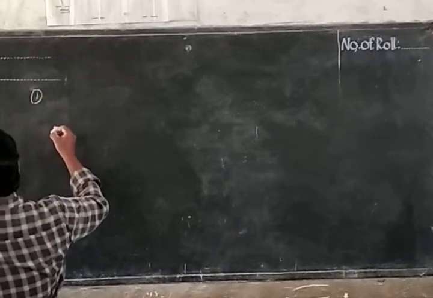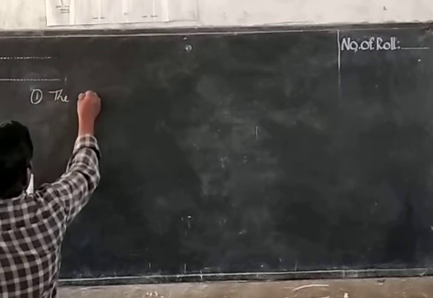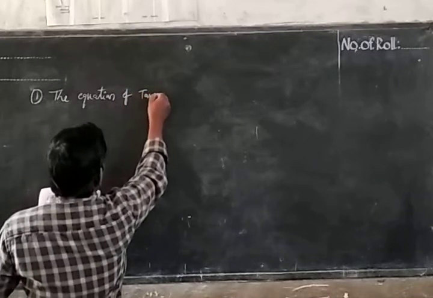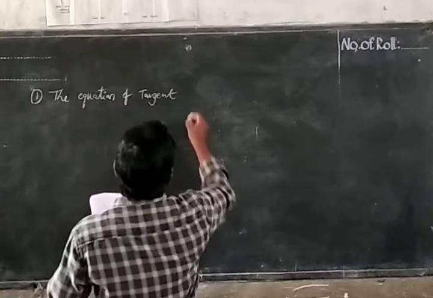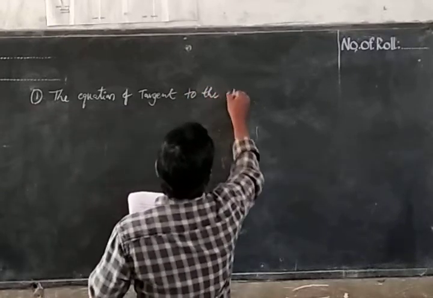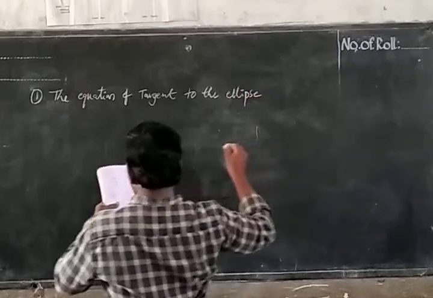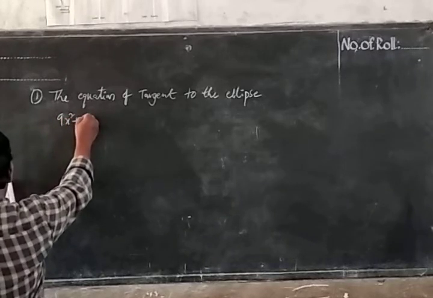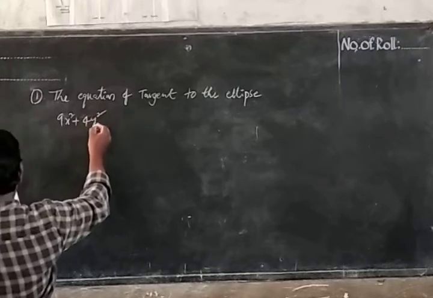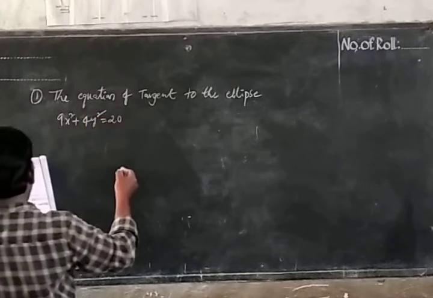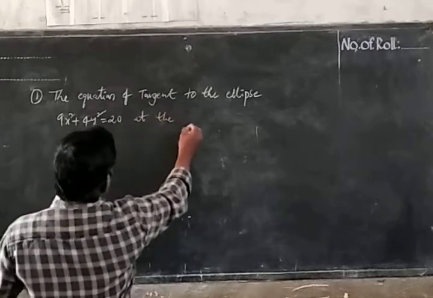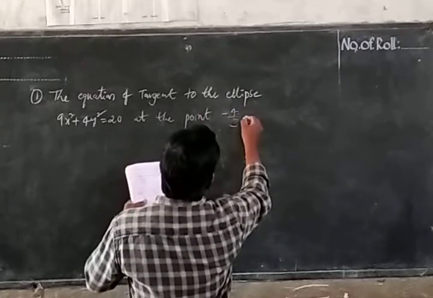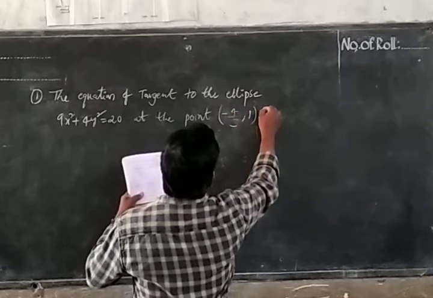The equation of tangent to the ellipse 9x square plus 4y square equal to 20 at the point minus 4 by 3 comma 1 is,